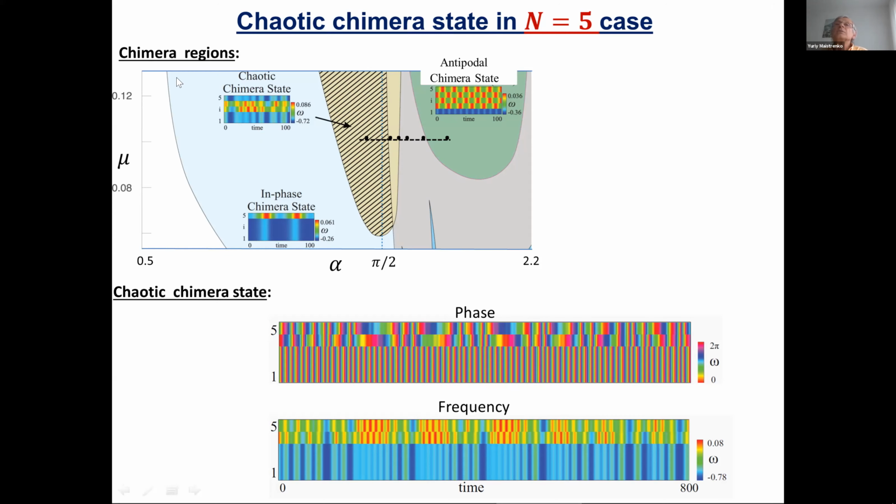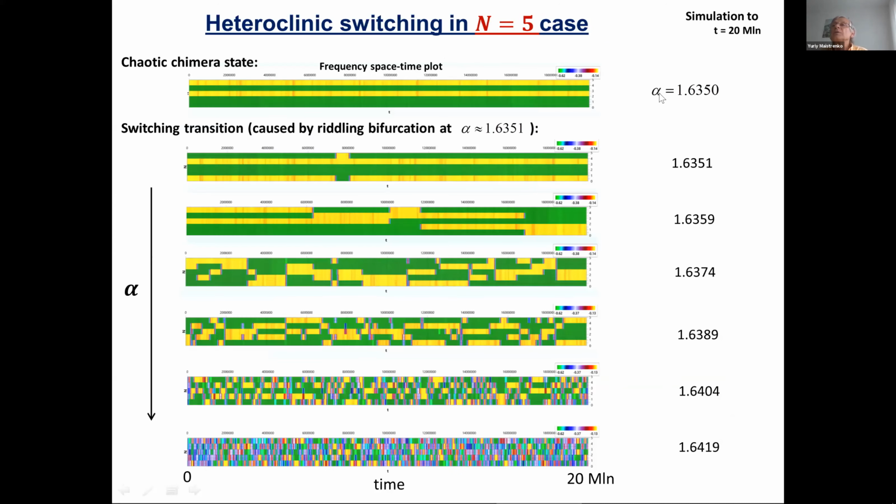So first we have chaotic chimera states, and our simulation here is up to 20 million. Nothing happened; we are inside the chaotic chimera region. And this is the point you see, 6350. Then, just moving one step in 10,000,